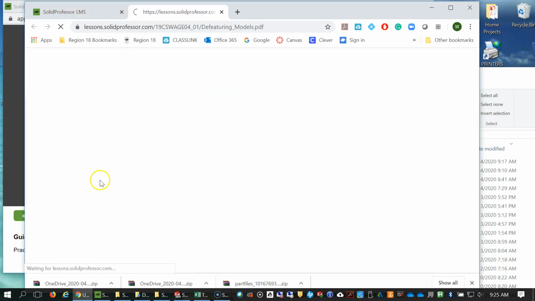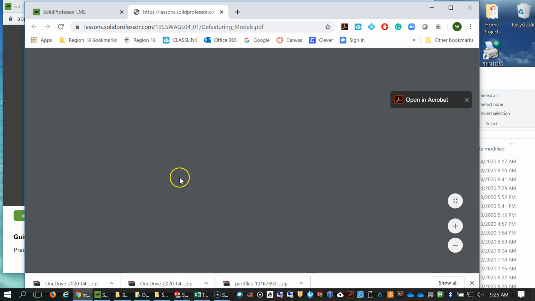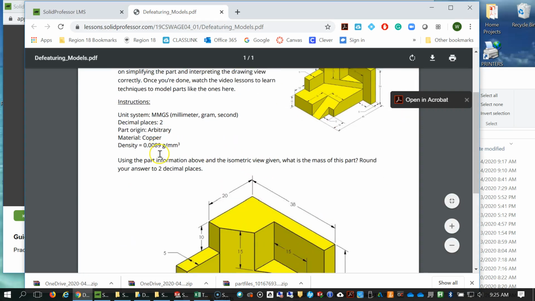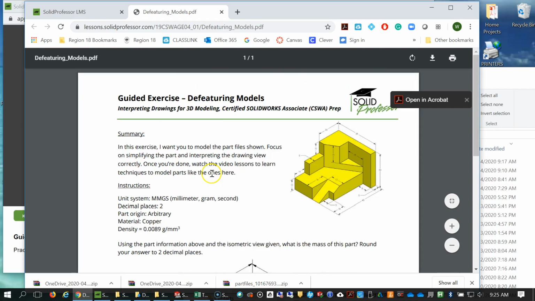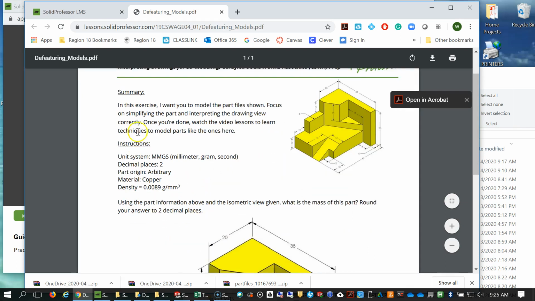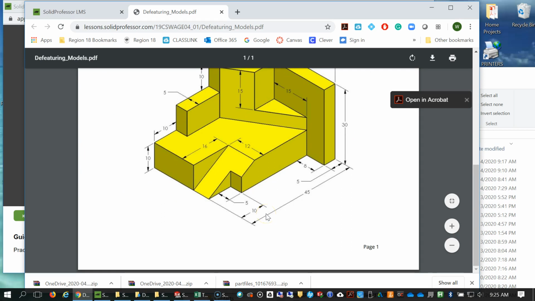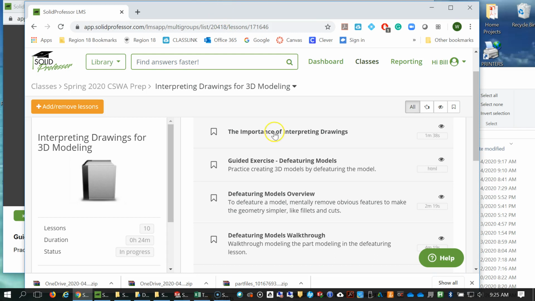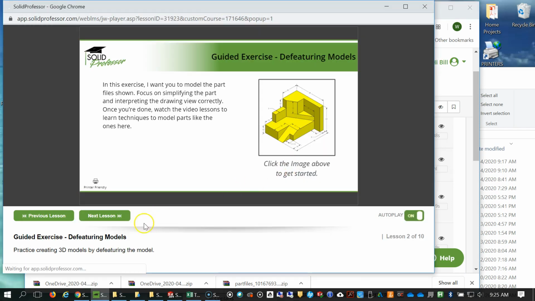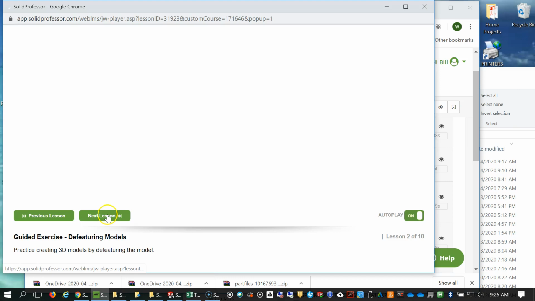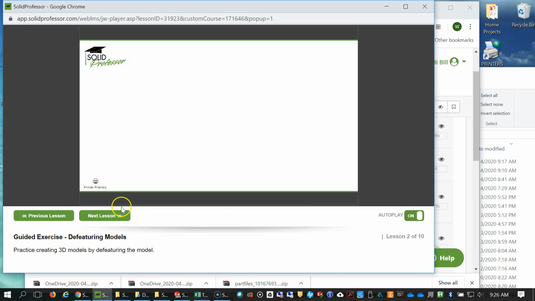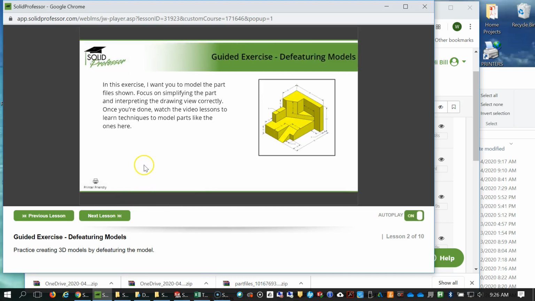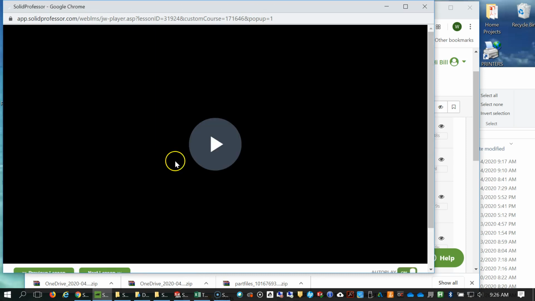So without any advice, they're going to tell you, go ahead and model this part, and they give you the materials, and they make it look very much like what you're going to see on the CSWA exam. And then once you're done modeling the part, if you go to the next lesson here, hit next lesson, and it's going to ask you what is the